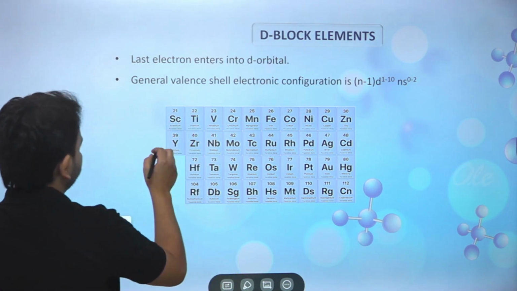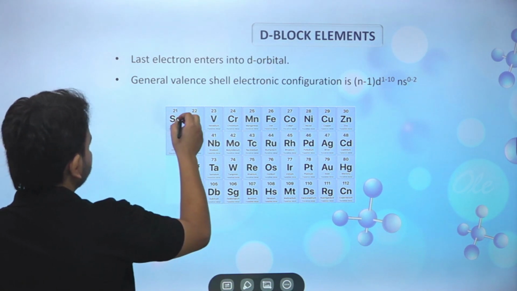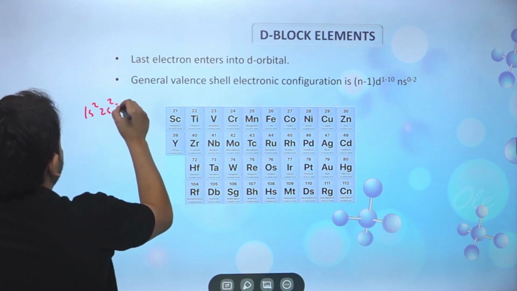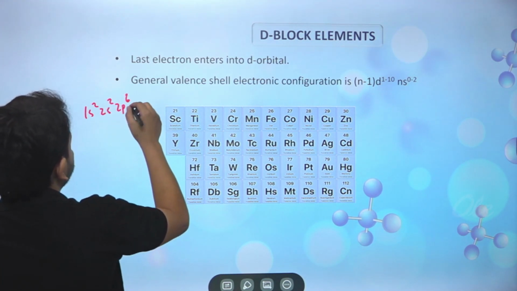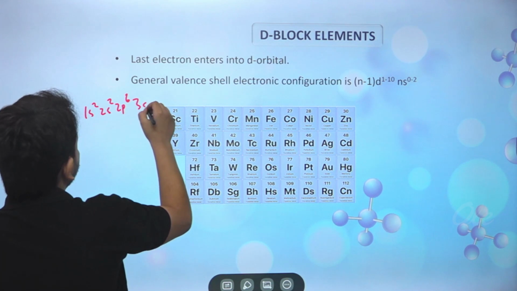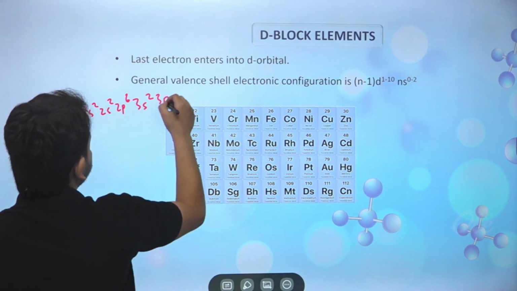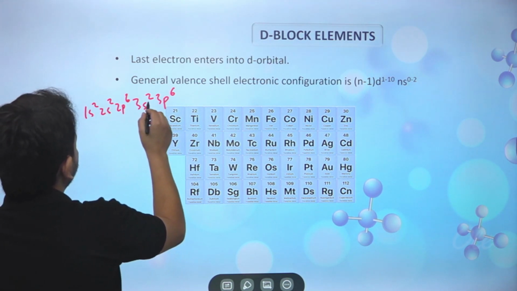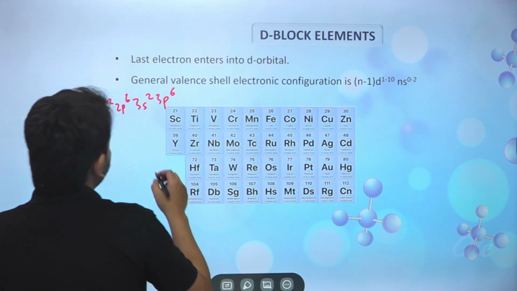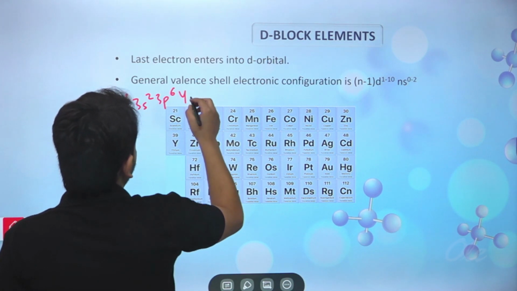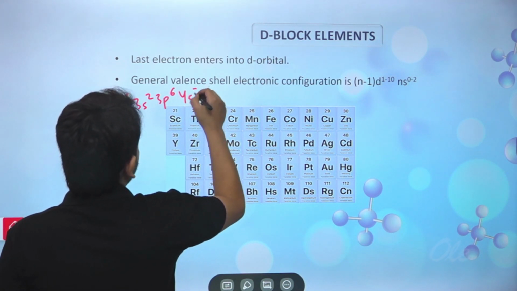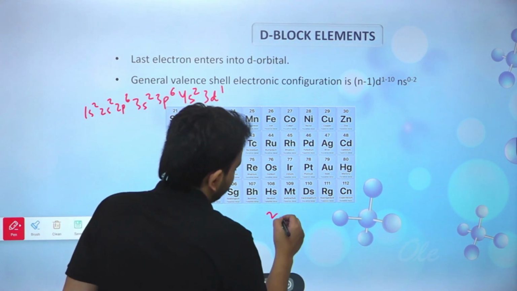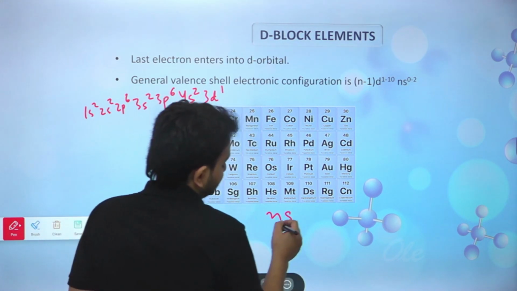So scandium, guys, if you write the configuration of scandium, which is 21, it will be 1s2, 2s2, 2p6, right? Then it will be 3s2, right? Then 3p6, right? So how much have we got covered? 4, 10, 12, 18, right? Now it will be 4s2 and 3d1, right? Because if you remember from the last class, the nth s orbital has the lowest energy,